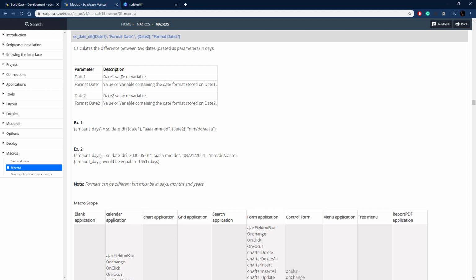Here are the options for those parameters. The date, the format, and this format is the same as some other date functions, so you can watch those videos to see how that works. And then the date to and format. Here are some examples of how to use that. Let's go ahead and copy one of these examples so we can take it over to Scriptcase and start playing